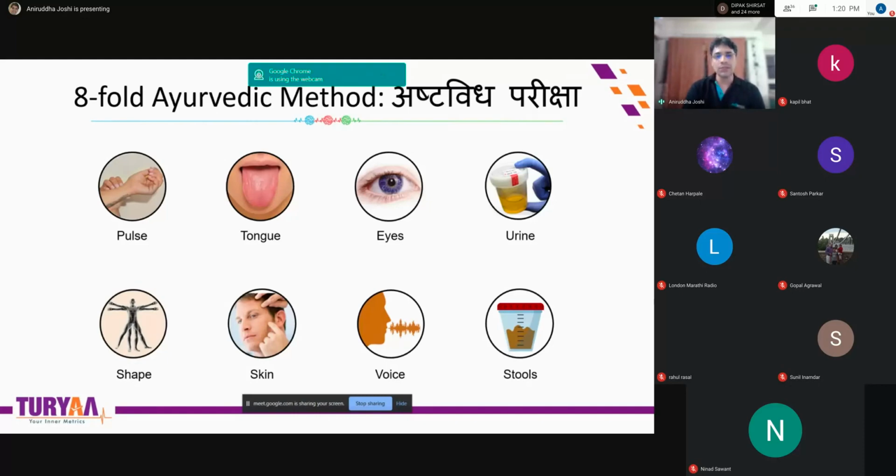My introduction to this Ashtavidha Pariksha was in my engineering days. Some of you might know the story. My father was not well, and we got connected with Dr. Ashok Bhatt of Pune. He was a very renowned Nadi expert, and he saw the Nadi of my father, and just based on Nadi Pariksha, he was able to find the root cause, and he completely cured my father. At that time I had taken PhD admission at IIT. As engineers, we got fascinated. My father is also an engineer, I'm an engineer. So we came to a new world where just feeling the pulse can tell so much information.